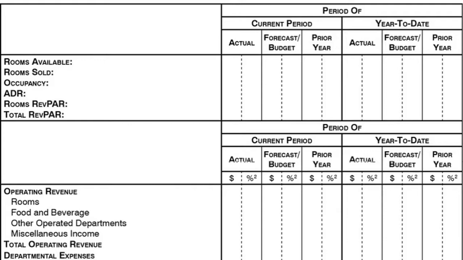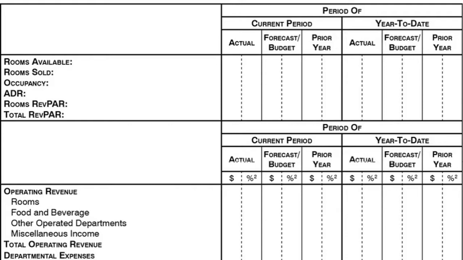So hotels normally have to analyze current month performance as well as year to date performance. Some hotels may have a month on month performance as well, which compares one month against the previous month, and the previous month, and the previous month, in a series, so that you can establish a trend line. We will discuss that more in our analysis section: how do we analyze the hotel's financial statements?